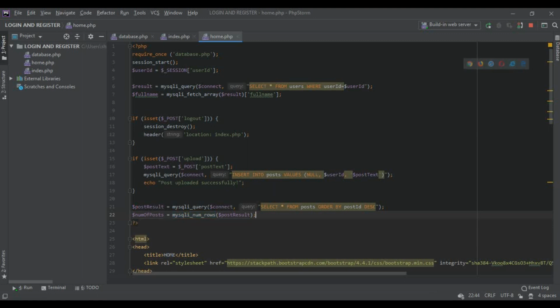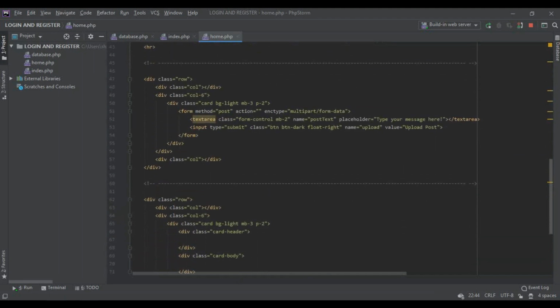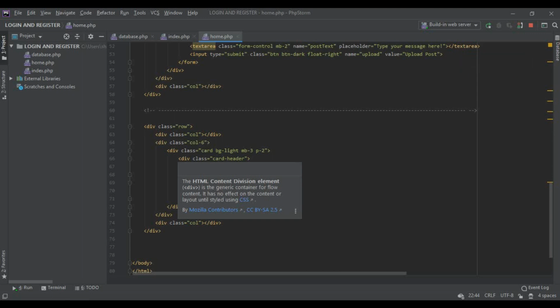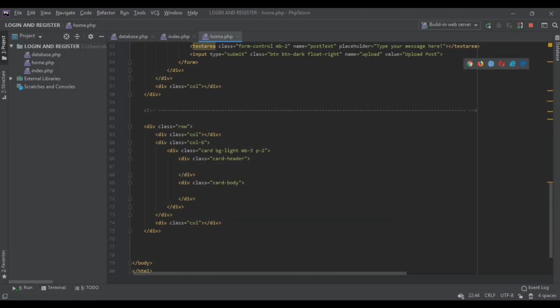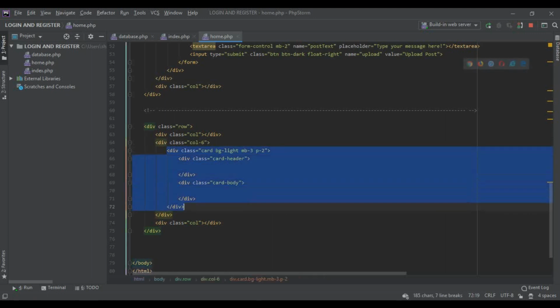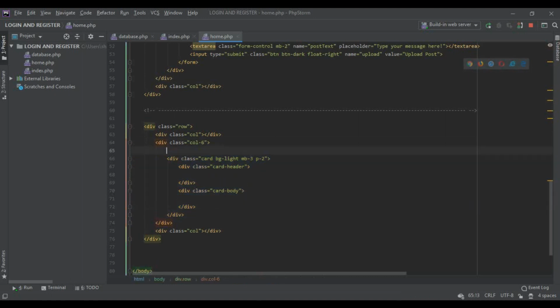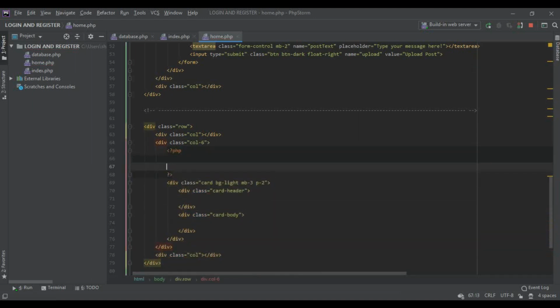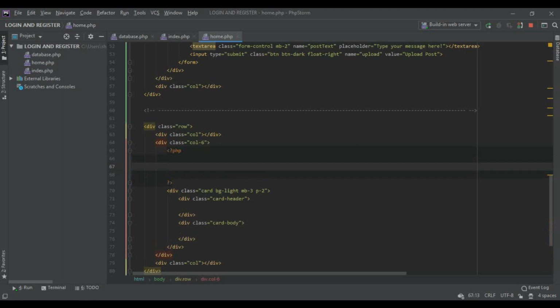Next thing we need to do is show the data on our website. For that we're going to go back to our HTML code, and guys, for each post we want the code to generate another card div. So for each post we're going to generate this bit of code again and again. So before that we're going to create our PHP code and we're going to say for